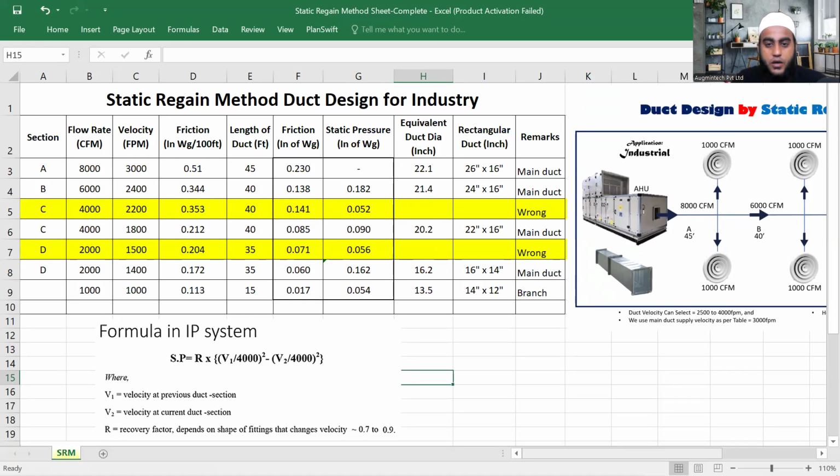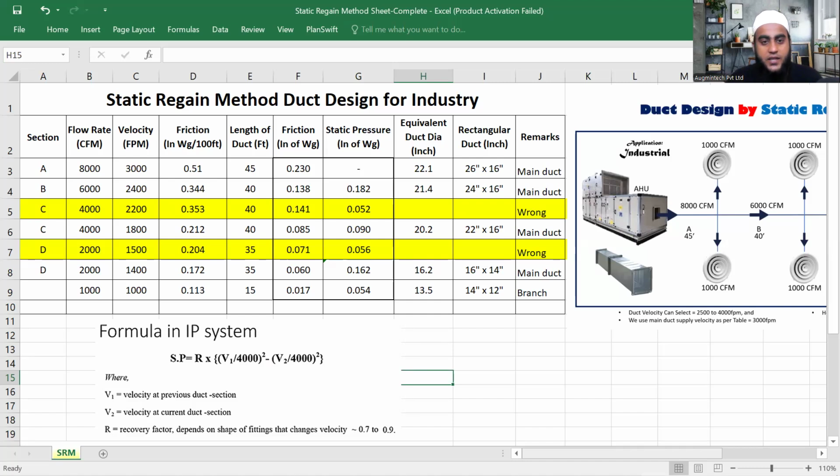So if you know all three methods, now it is very easy for you. If you are designing for residential, commercial, or industrial applications, now you get the idea. Like this, where we have to use the equal friction method. Let's do a quick revision: in which application are we using the equal friction method? For residential and commercial